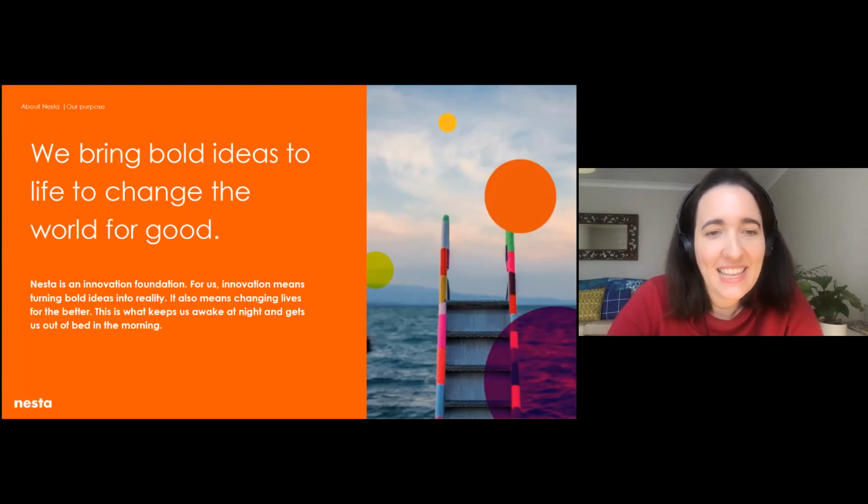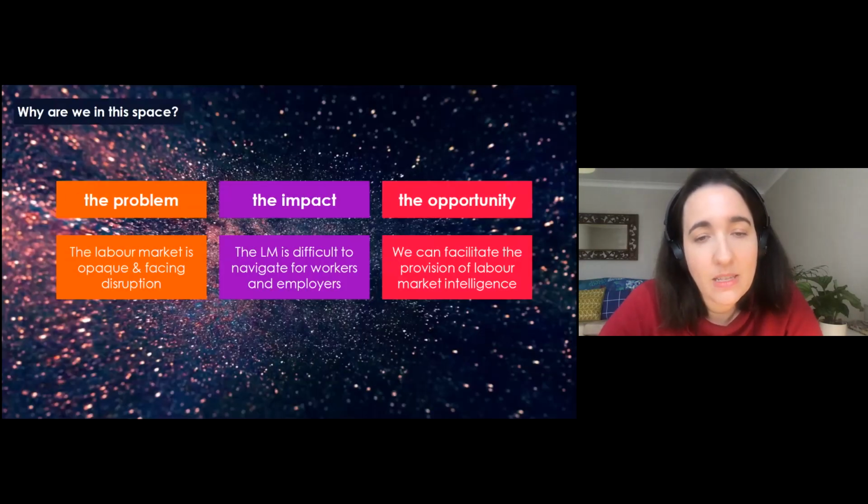Within the data science team, there's a small group of us who focus on improving labour market information. The reason we do that is we see the uncertainty that different groups face as they navigate the labour market. For example, workers find it difficult to know what other jobs they are skilled for. Adding to that uncertainty at the moment is the fact that the labour market is experiencing a lot of disruption, not just from the sudden shock of COVID, but also more gradual sources of disruption like automation and climate change. So that's why we're in this space, to try and improve labour market information.